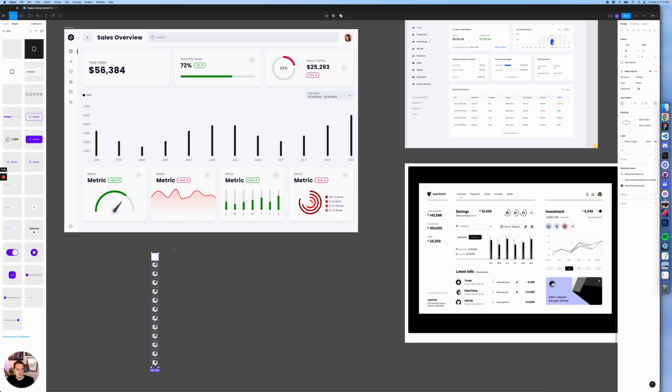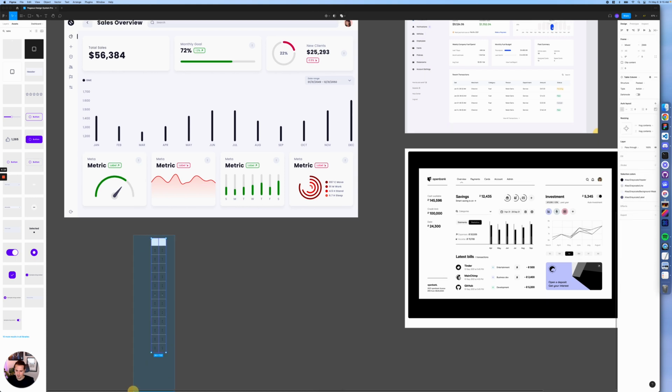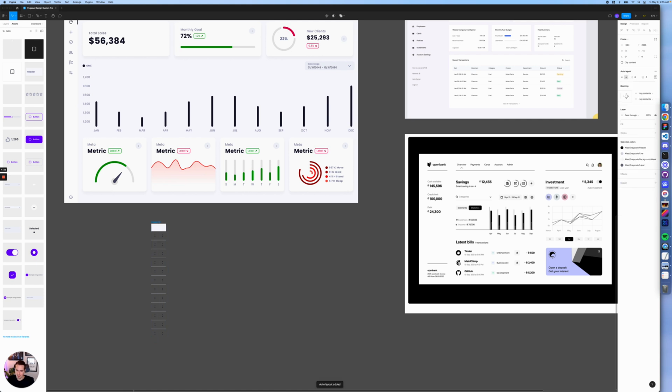So the first thing we're going to ask ourselves is, what are we trying to show? And the first thing we're going to show is probably a set of icons. So we'll go ahead and put action, and then we'll copy that, paste that, and start to snap them together. We're going to wrap these in auto layout, so we're going to select both, Shift A for auto layout, and because they were right next to each other, we have 0 spacing, which is what we want, and 0 padding basically. Next we're going to have just like a text, so I'll say general,